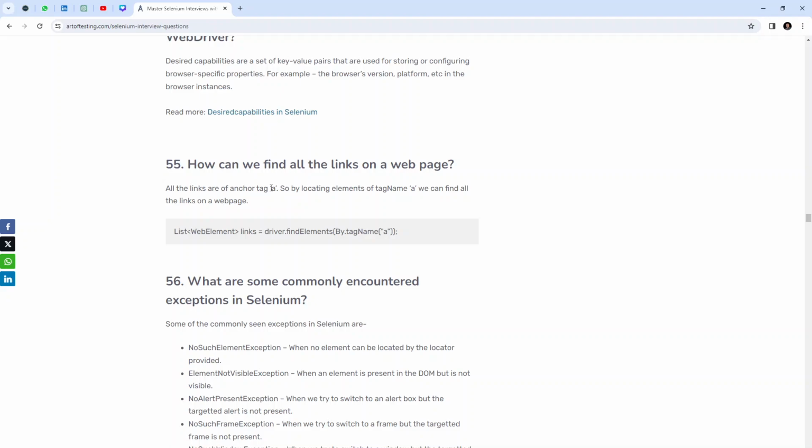All the links are of anchor tag A. So by locating elements of tag name A, we can find all the links on a web page. List<WebElement> links = driver.findElements(By.tagName("a"));